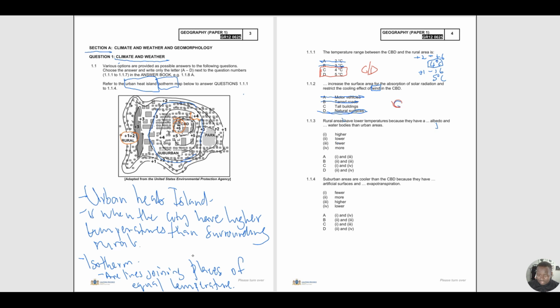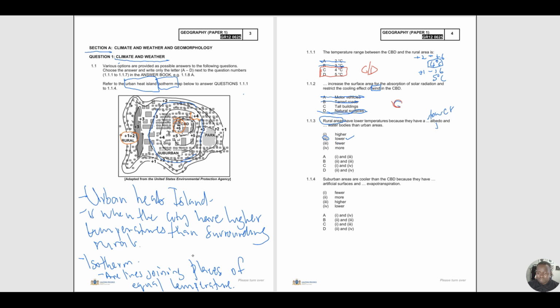So we are looking at rural areas. Rural areas have lower temperature because in rural areas we don't have most of shiny surfaces. So if we look here, we are going to choose lower because in terms of a percentage, we have to choose lower. We can't say higher percentages, or fewer percent. You can't use fewer in a percentage, so we choose lower, which means this Roman figure,